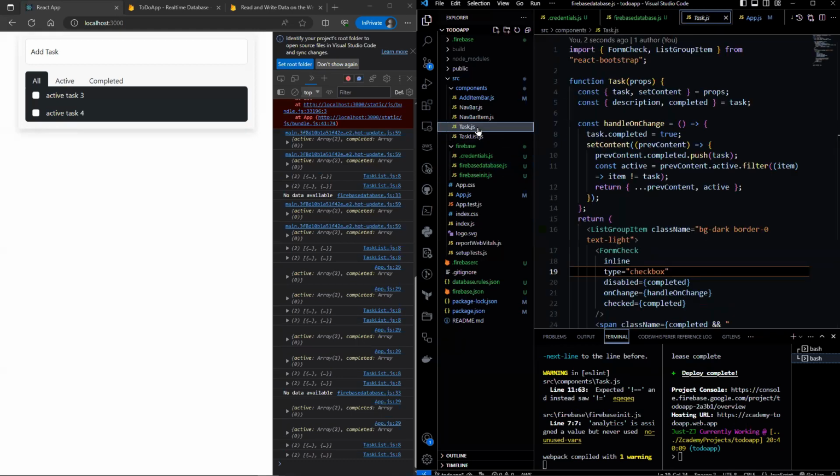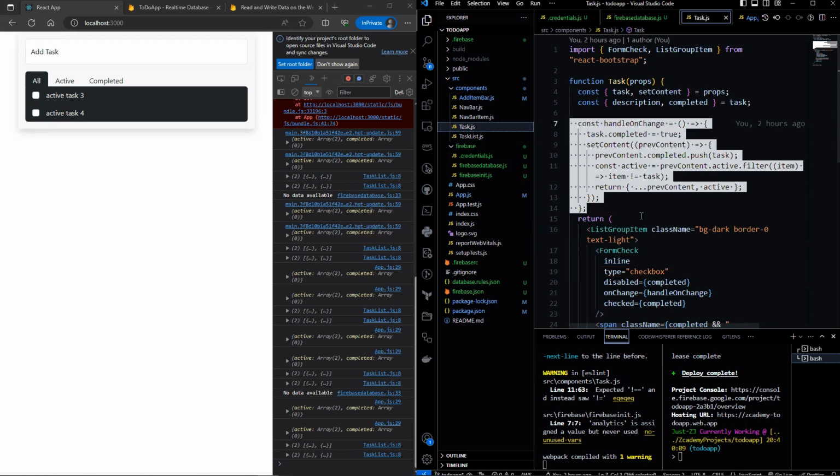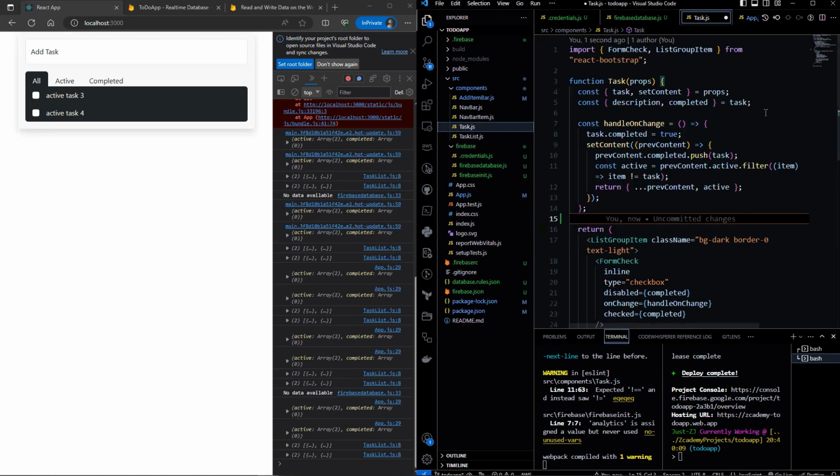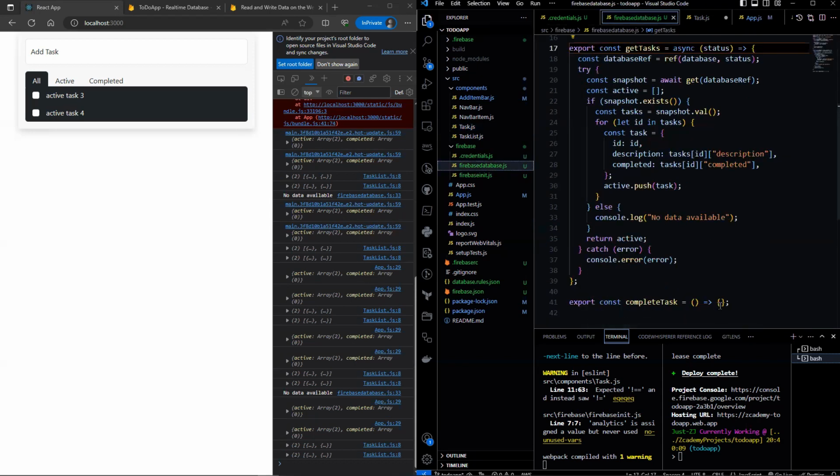Let's open the task.js file and look at this handleOnChange function. Notice here that we are adding it to the completed array and removing it from active. So we can use the same logic in completeTask as well.